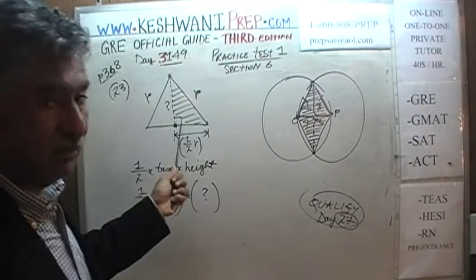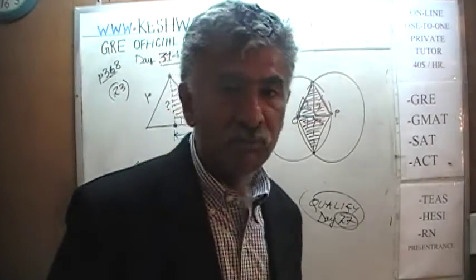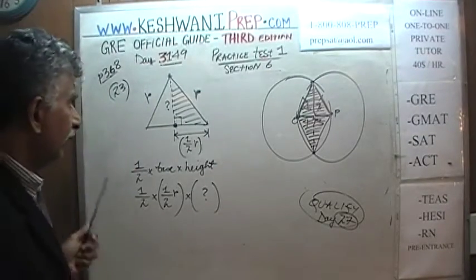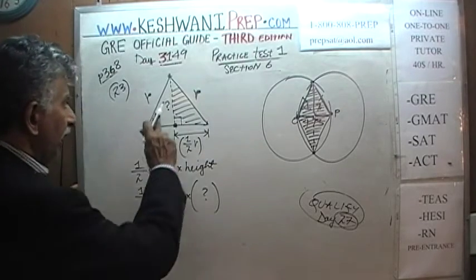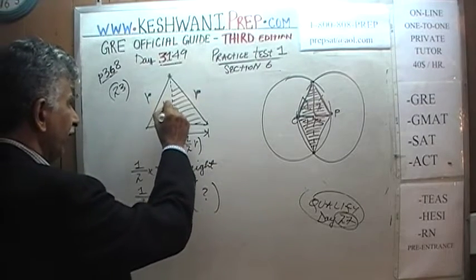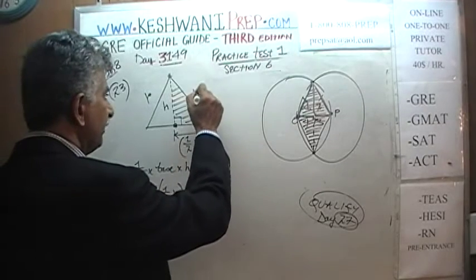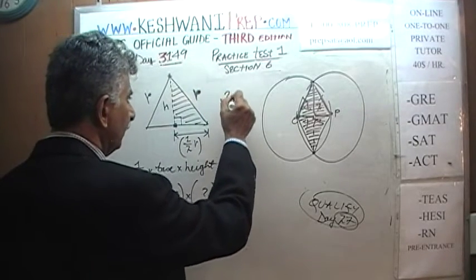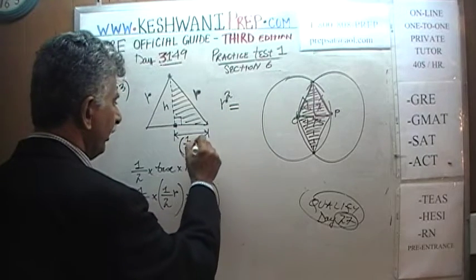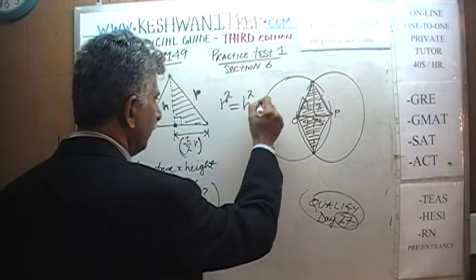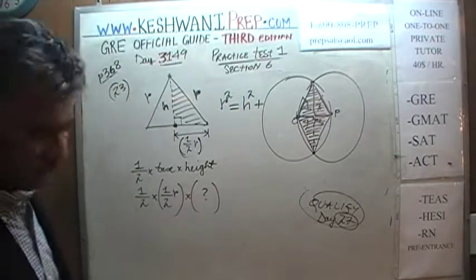Well, it's a right angle triangle. If you have 2 sides in a right angle triangle, how do we find a third side? Obviously by using the Pythagorean theorem. So let's use the Pythagorean theorem. You see there are too many steps in it, that's all it is. Let's use the Pythagorean theorem on this triangle and let's call this missing side h, H for height. And the Pythagorean theorem tells us that the square of the hypotenuse must equal the sum of the squares of the other 2 sides. So r square must equal h square plus,